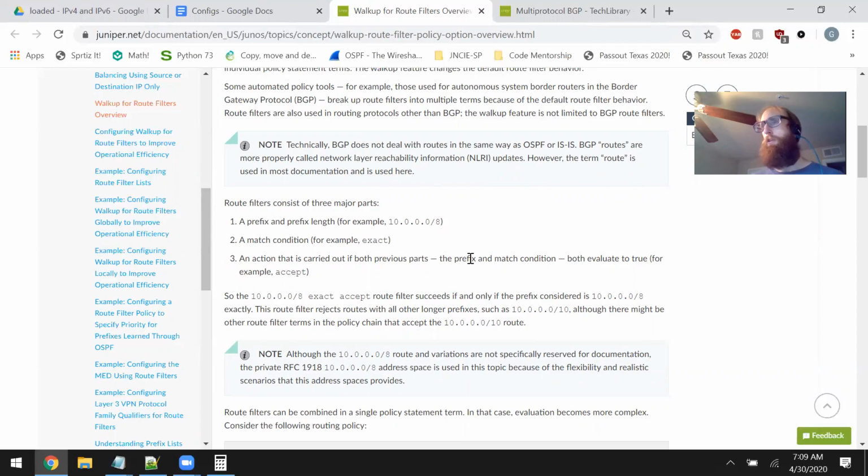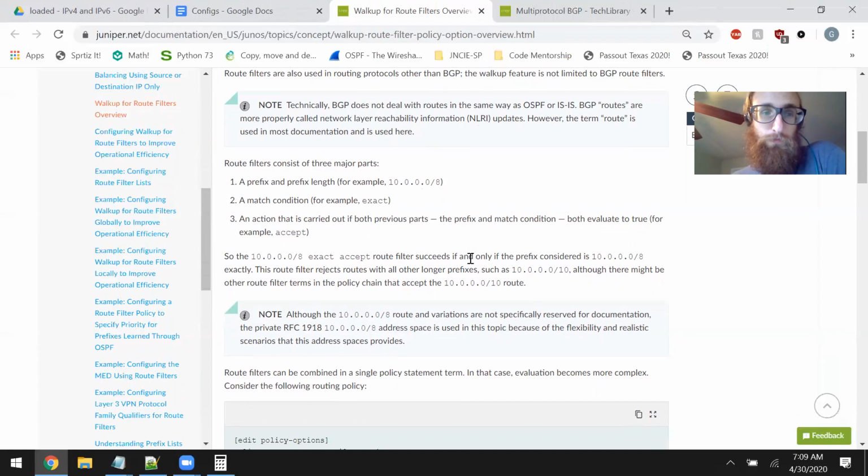So you get those well-known mandatory attributes with every single one. So it really is something else. It's a network layer reachability information update, and it's not an actual route. The BGP protocol uses that information to put a route in the table, but that information is not the route itself, unlike other